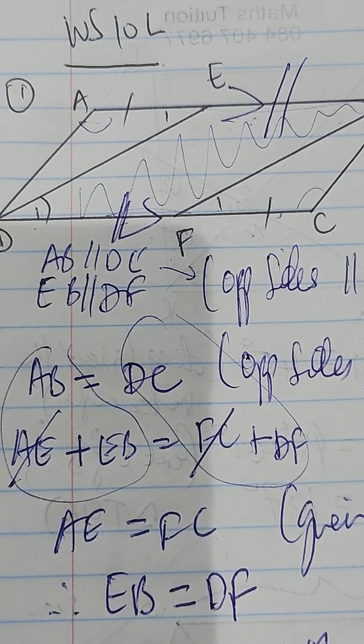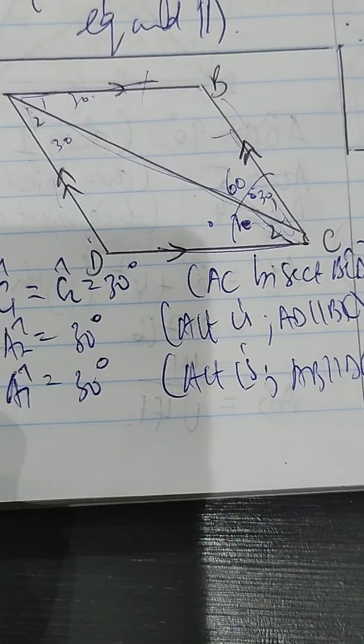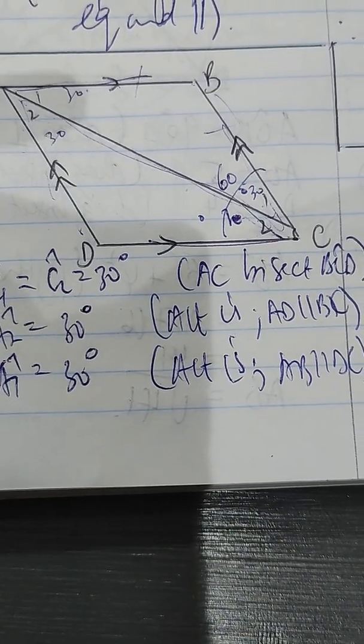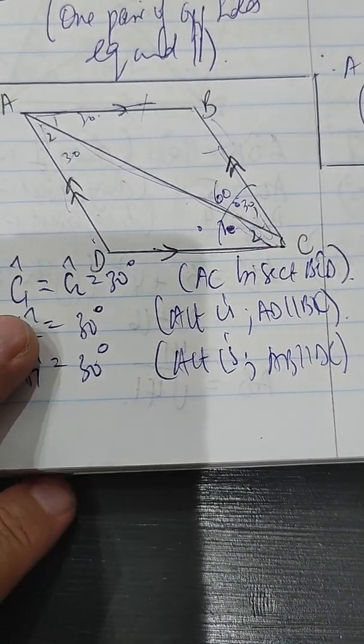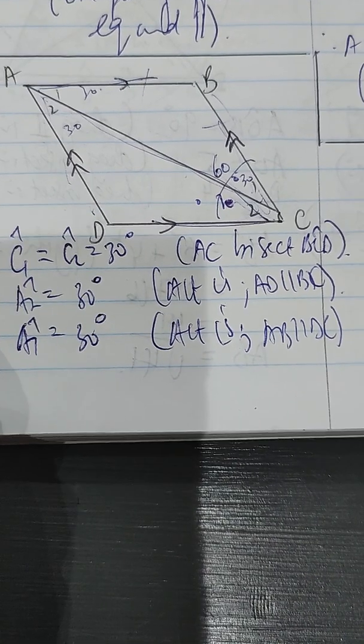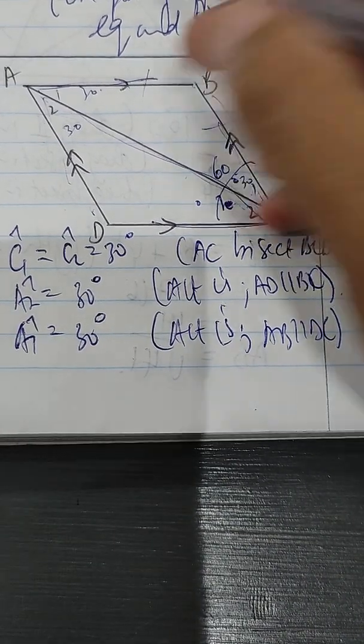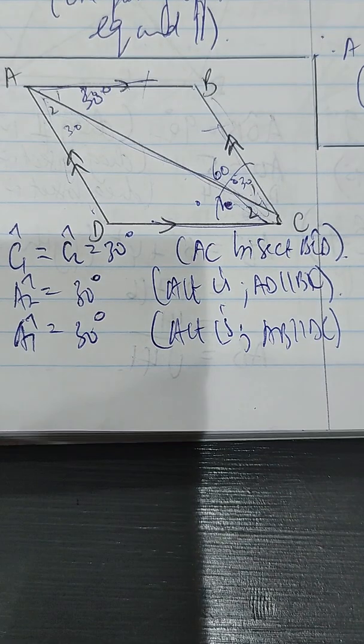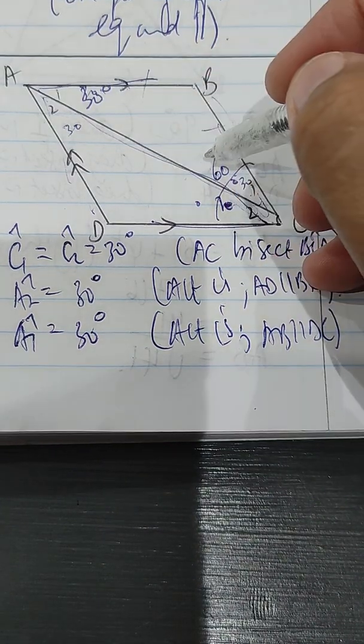So this is part 2 of worksheet 10L. Remember, we're trying to prove that this is a rhombus. Okay, so here's 30 degrees as well. So what we do note now is that